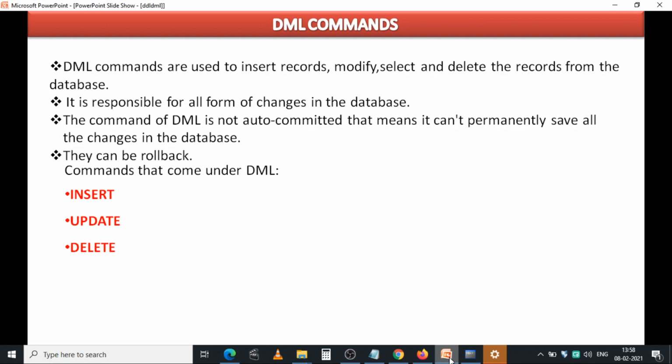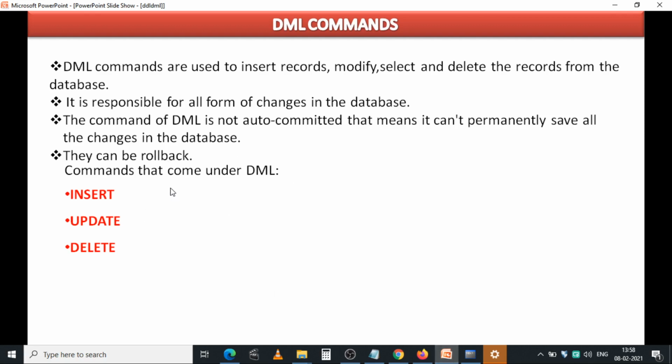But the DDL commands are auto committed. Why? Because whatever changes you have applied to the structure are permanently applied to the database. But in the case of DML, all DML commands are not auto committed. It means they cannot permanently save all changes in the database.